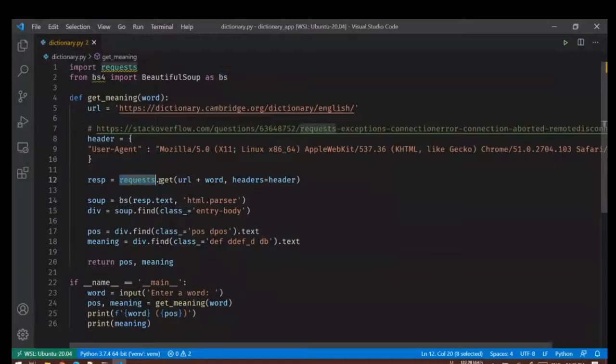So this is one blog that I recommend all of you read if you are new to Beautiful Soup. And the requests library, you don't need to understand a lot of it. The only thing is, the get method will request a web page, and you will get a response object, and to extract the text we call dot text.